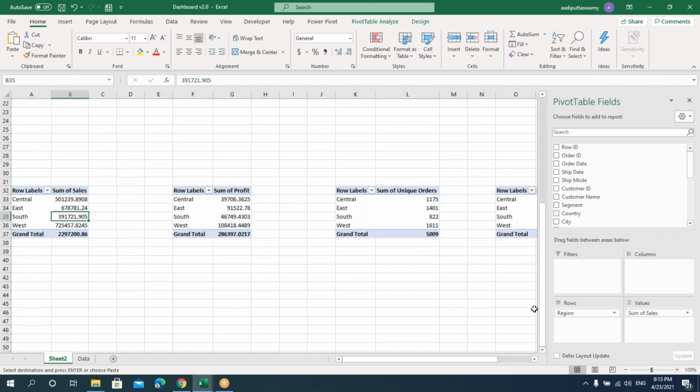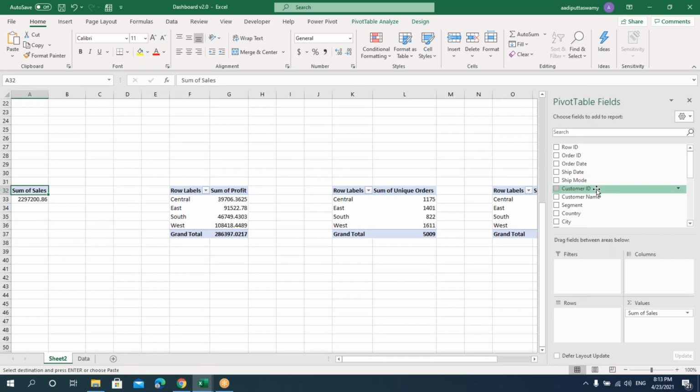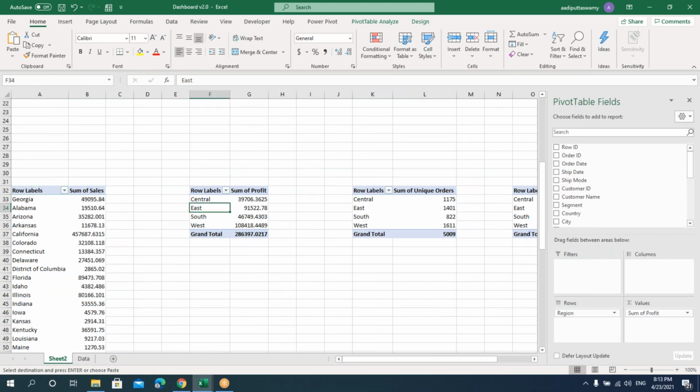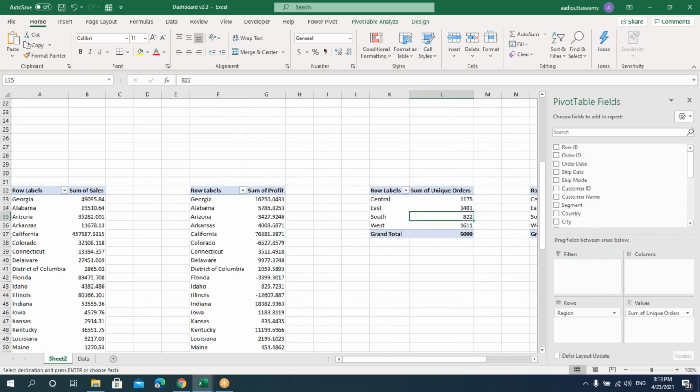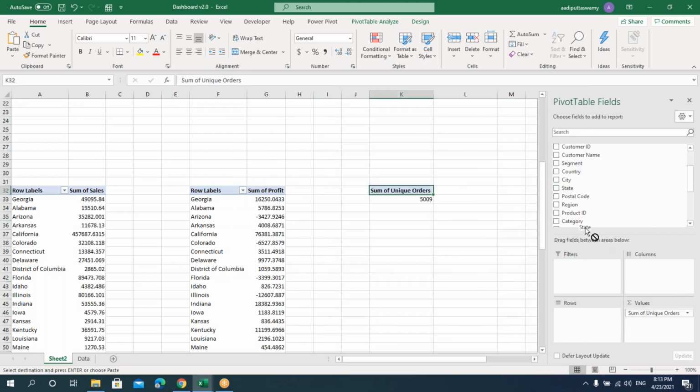Now let's go here. I'll just remove this region and we'll take the state. Scroll down and take this state. Now I got this state. Let's go to this pivot table, remove this. I'll take this state here. There's that state, okay. Then take this, remove region, take the state,